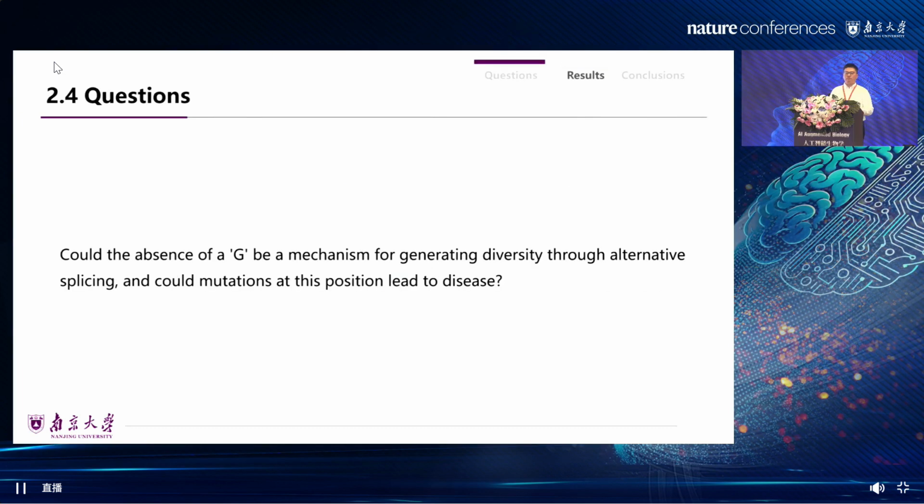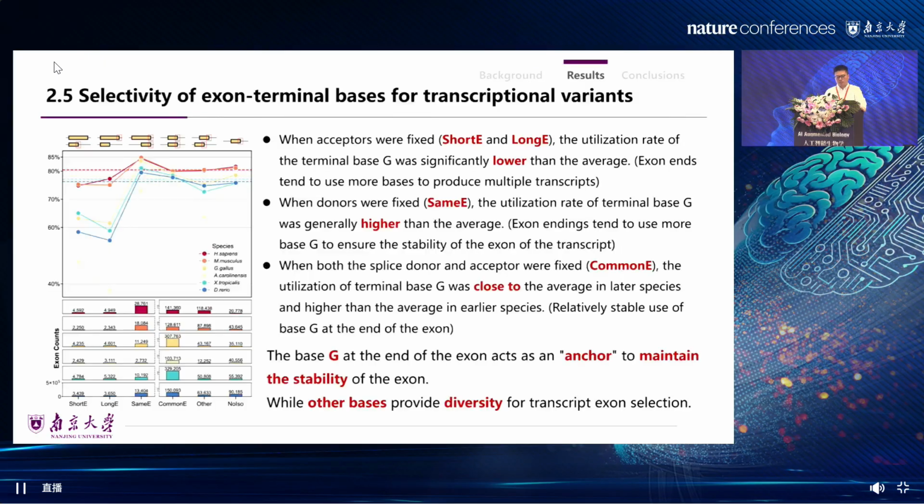This brings us to the final part of our story. We've established that the terminal G acts as an anchor for stable splicing. This leads to fantastic questions: could the absence of G be a mechanism of generating diversity through alternative splicing, and could mutations at this position lead to disease? To answer this, we analyzed the transcript variants across six